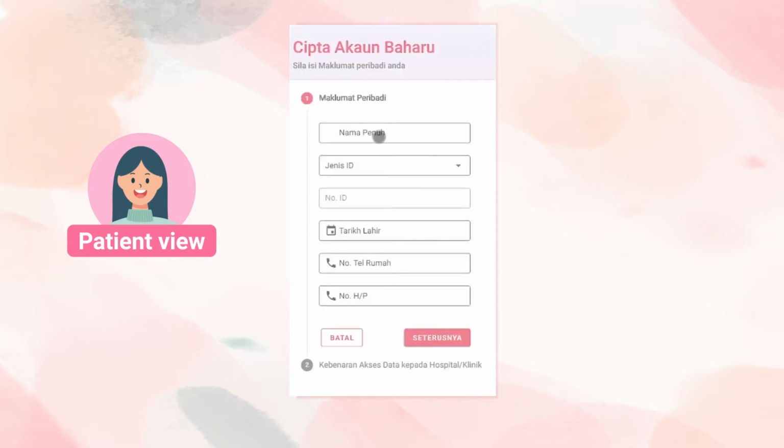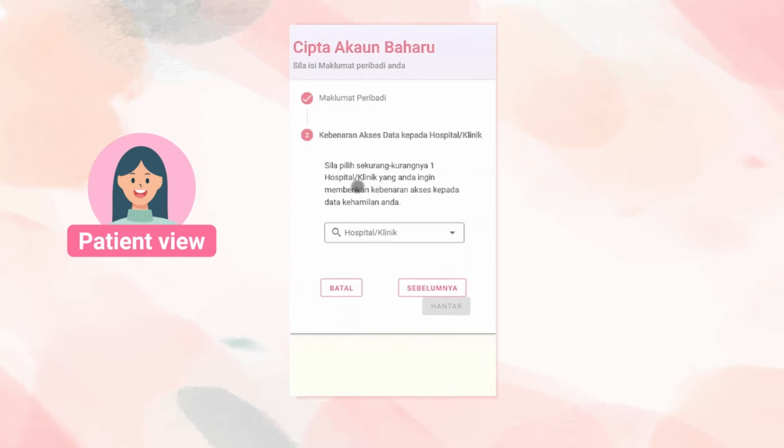Now, she needs to fill in her personal details and she will need to provide a contact number. The next step is to give access of her data to a chosen hospital or clinic. In this case, it will be the clinic that introduced My Mums to her. So she can click on the box